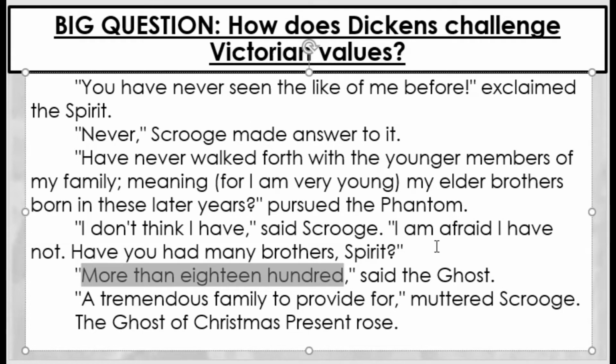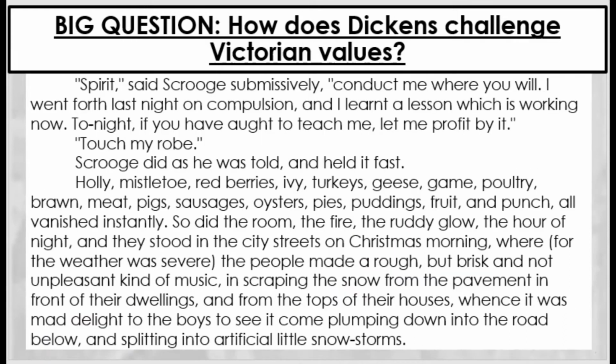Now, this could also be a kind of oblique reference to the year this has taken place in. So the 1800 might actually be the century that the story takes place in. So this idea that nature has been able to provide for everyone for hundreds of years, and it will be able to continue to do so. Although that's only one way of looking at it. The point really is simply that the spirit is more than capable of providing for all.